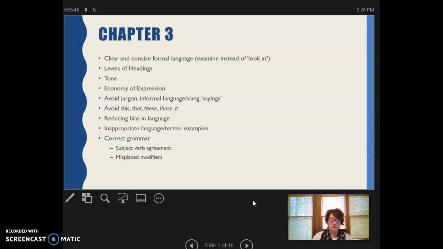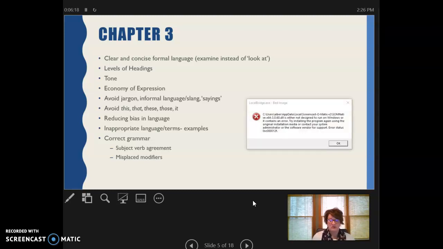And also you want to reduce any kind of bias in the language. You want to make sure, again, that it's very objective language that you're using, not passing judgment on good, bad, indifferent, or using explicit terms such as huge. We want to have specific numerals to delineate sizes rather than using our personal judgment on the size or the magnitude of a particular